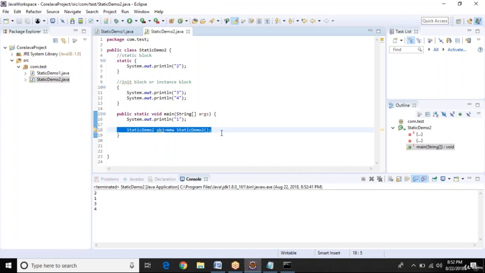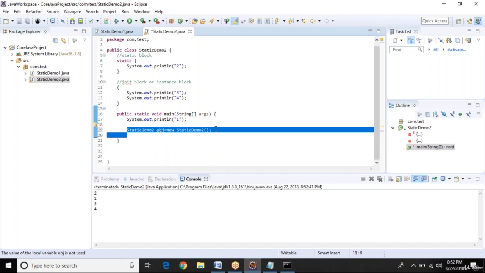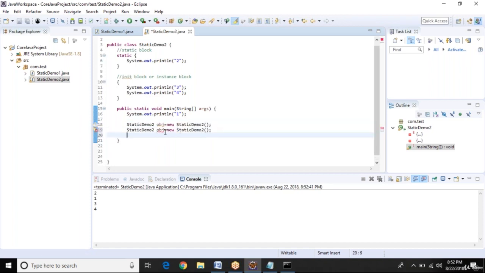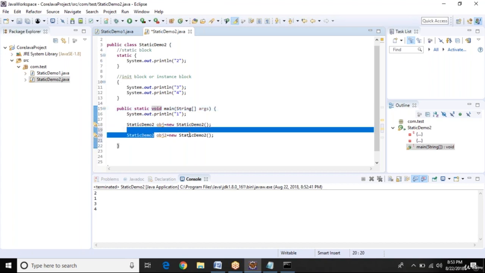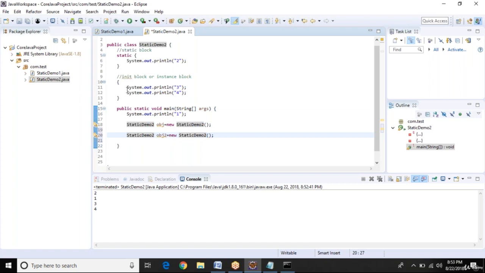Now again I'm going to create another object, object 2. We are not using anything, we are just creating objects of this class. Now can you please guess the output? What is an initialization block? The initialization block is always called before the main method, and whenever we create a new object it will be called.